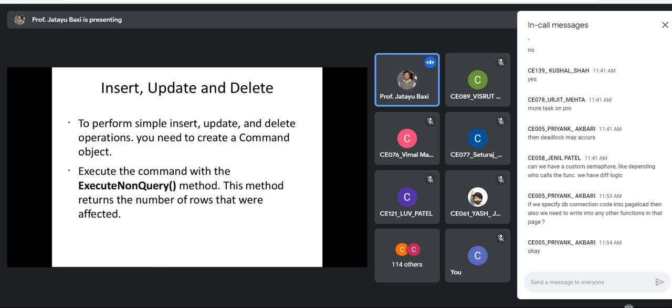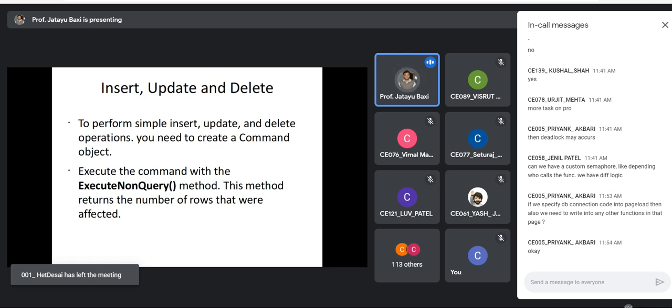as you did in your previous examples. You need to create a command object. Now, instead of ExecuteReader, which you used while reading, here you have to write the ExecuteNonQuery method.